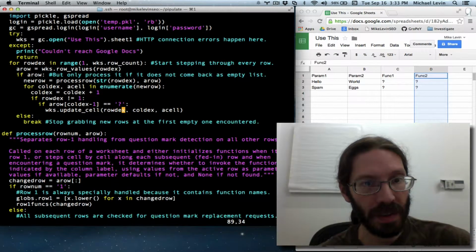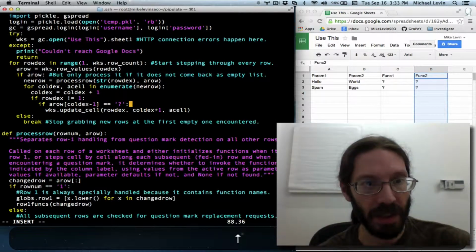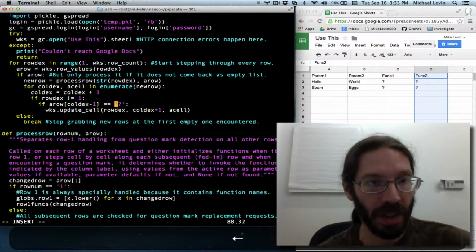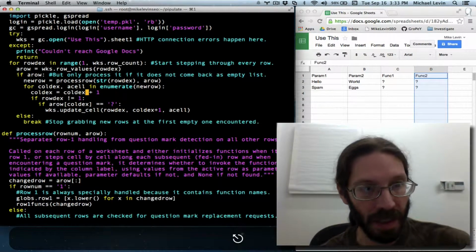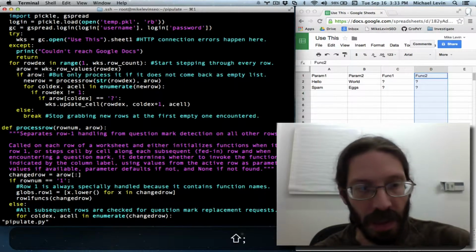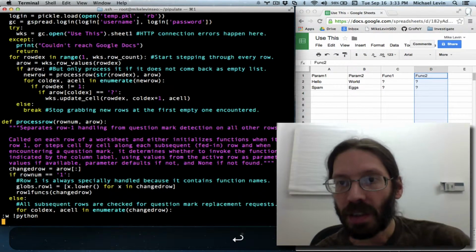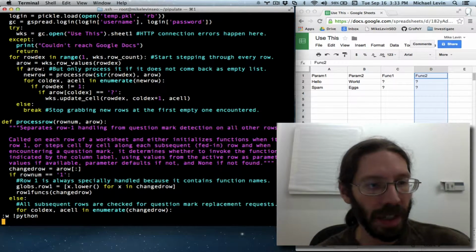So this is where it really needs the +1. So I'm going to do the +1 right in location, and that way this will not need a -1, and we won't need this line here. And we'll watch the question mark replacement take place one more time,